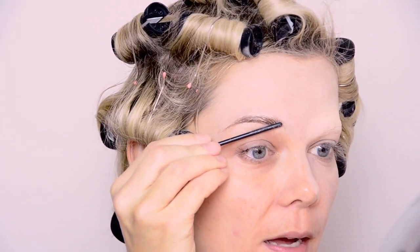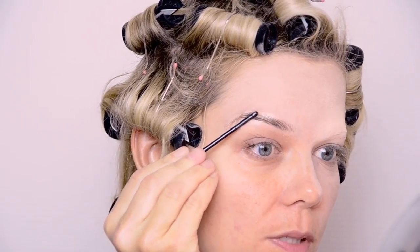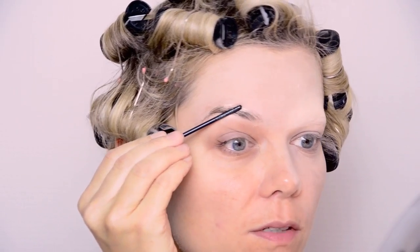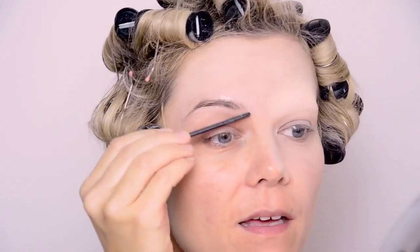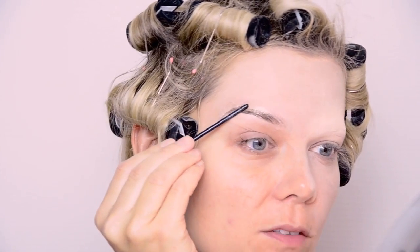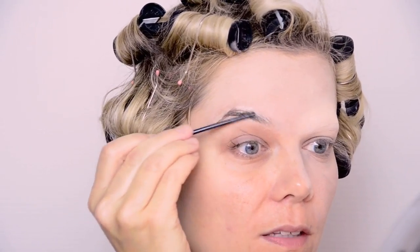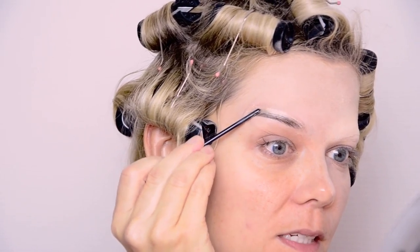Remember to close it. This gets tacky, so I'm using the other end of this, which is like one of those reusable spoolies. If you're using your proper one, then remember to wash it so it doesn't stay in. I'm just smoothing my brows down. When this is tacky enough, it's like when you're sticking on fake eyelashes, you can't put them on straight away or it'll slide. Now I can feel it's getting tackier, so it's going to be safe to put on